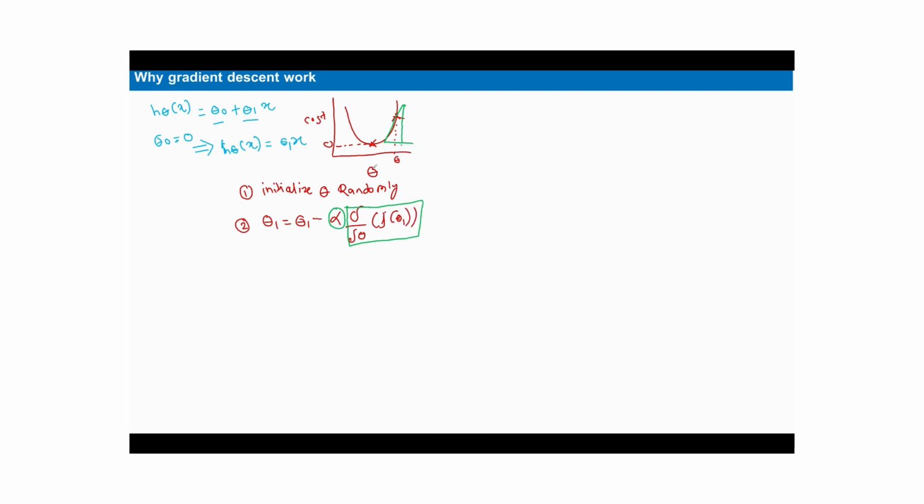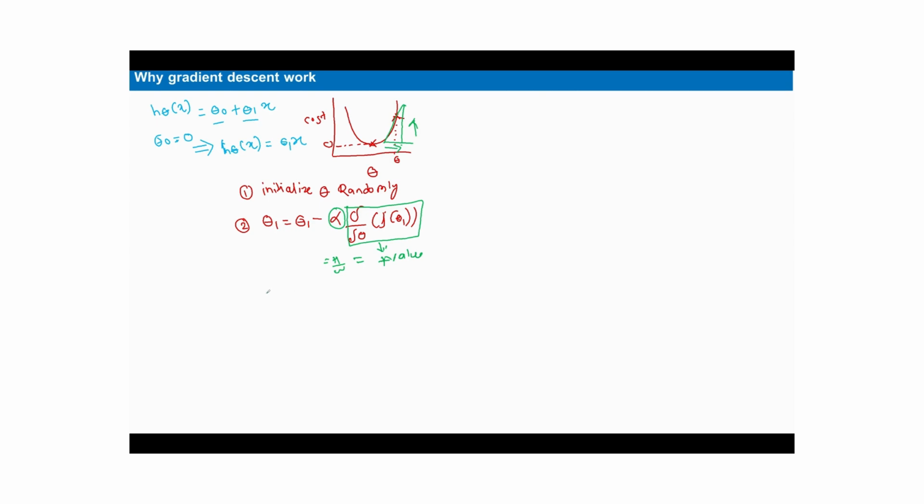So how do we find the slope? That is nothing but the height divided by the width. Here you can see this height is positive because it is going from here to here, and the width is also positive, because it is going from here to here. So whatever value we get here will be some positive value.